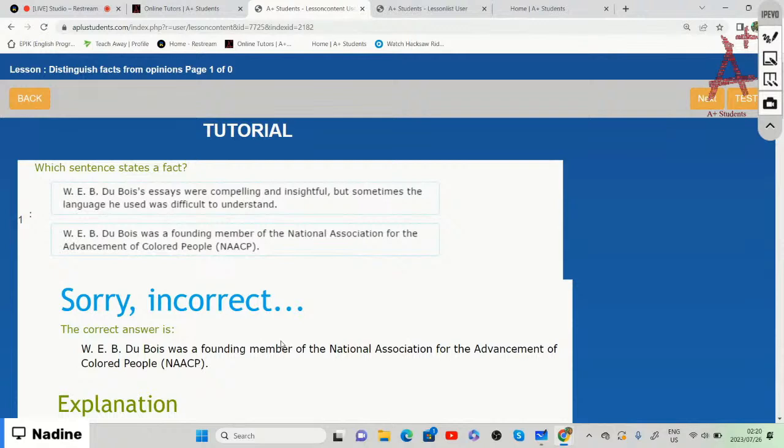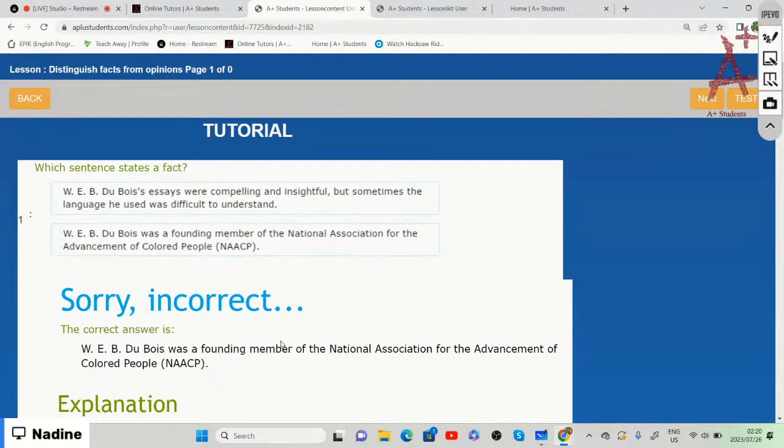Then we have W.E.B. Du Bois was a founding member of the National Association for the Advancement of Colored People, which means that option two, W.E.B. Du Bois was a founding member of the National Association for the Advancement of Colored People, that is a fact, right? So he was a member of the NAACP, the Association for the Advancement of Colored People. So that is the fact, and our opinion is the first option,